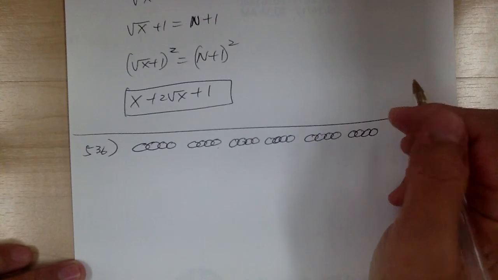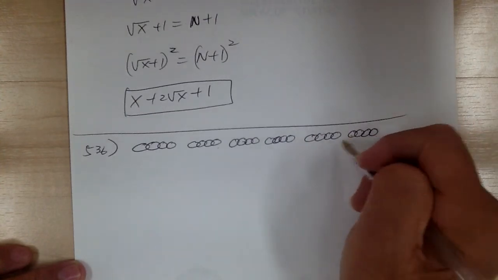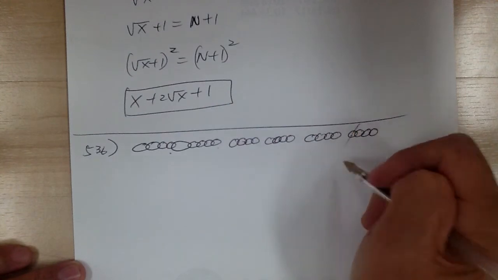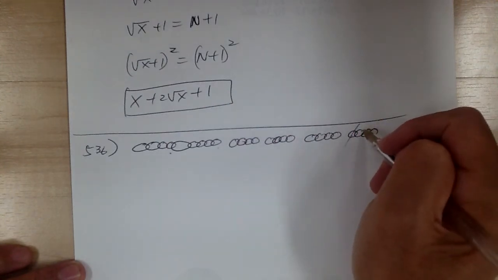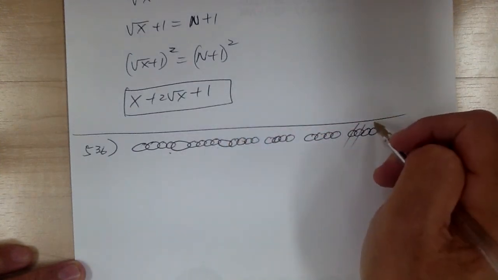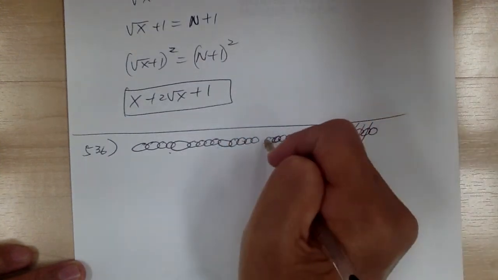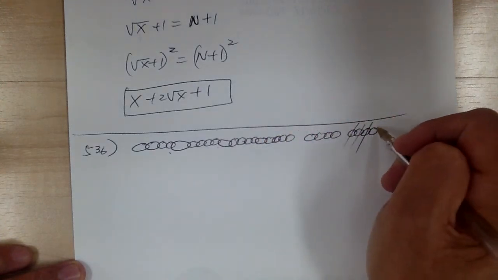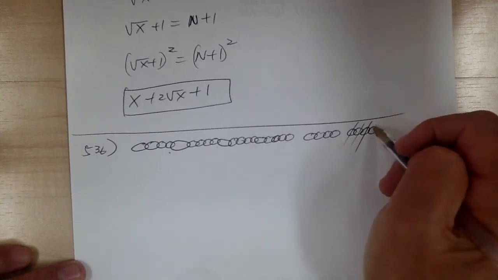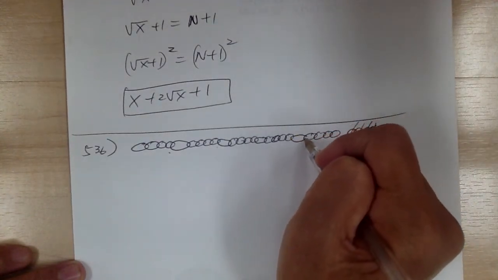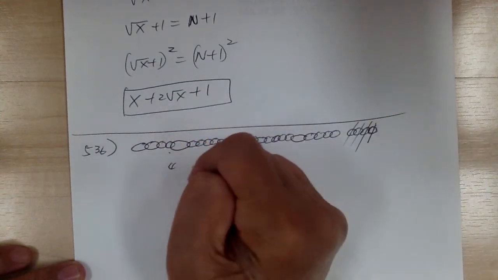Okay, so the easier way to do it is you cut this one, bring it over here, and weld together. So that takes care of this one. Next one, you cut this one, and you come over here and weld it right over here. Next one, you cut this one, and you link together and weld. Next one, you cut this one. Well, this one is by itself, but it's still a circle, right? So you have to cut it open, and then you have to weld it together. Okay, so there are 4 cuts